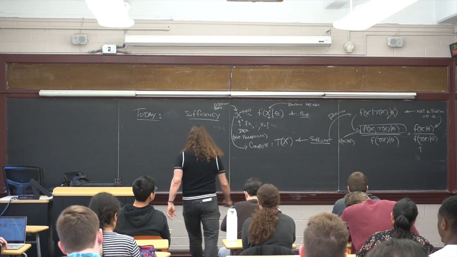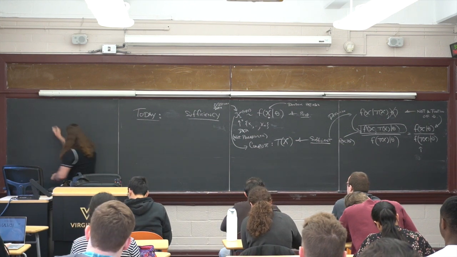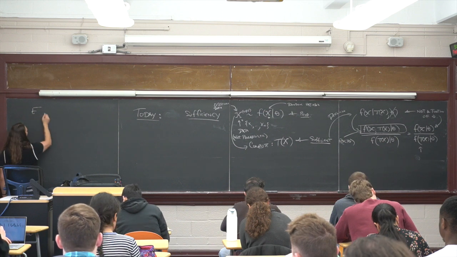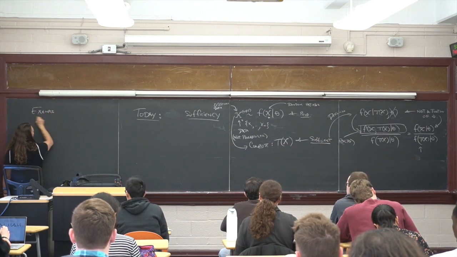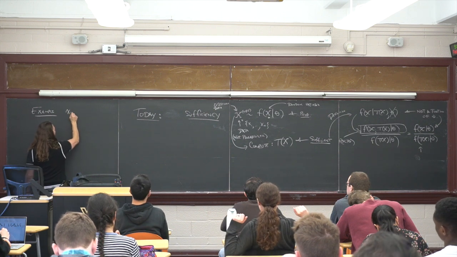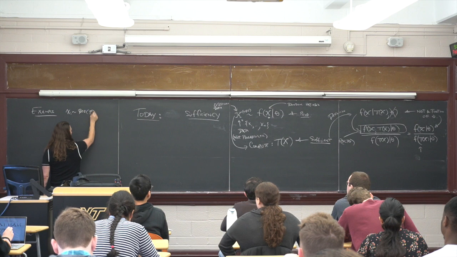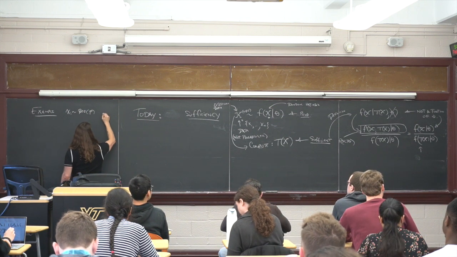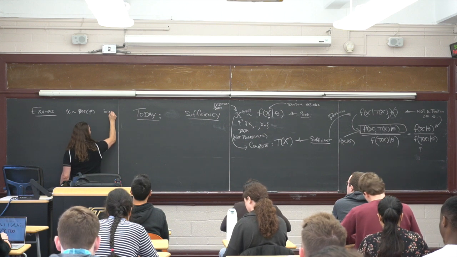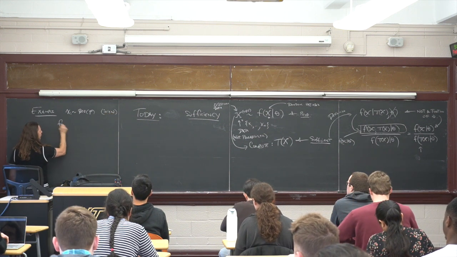Let's just remember an example, a Bernoulli example. So I'll just say example. Let's say the xi's come from a Bernoulli with parameter p. So p is my theta. And I'll say we get n data points. And so that means f of x